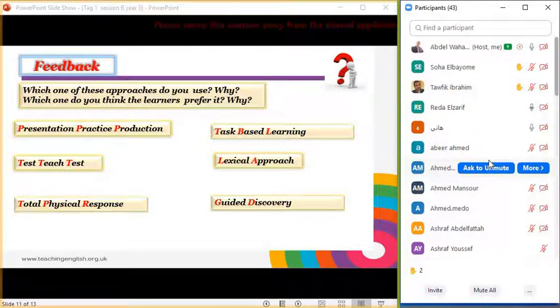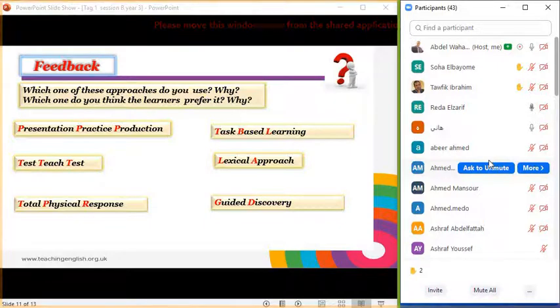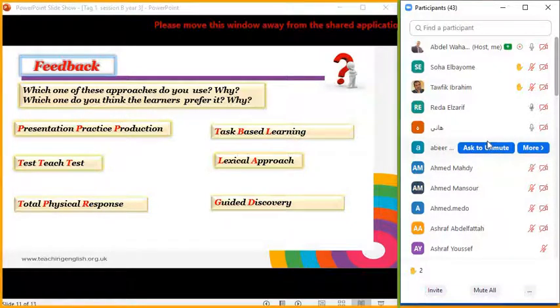For the teacher, at pre-task, he can present what he wants to do in this lesson. And during the lesson, he can make some activities for the learners to practice. And at the post stage, the learners can give feedback for the lesson. And at the end of this lesson, the teacher can write a report about this lesson after the three stages, pre, during, post. And by that, he can know the level of students in a good way.